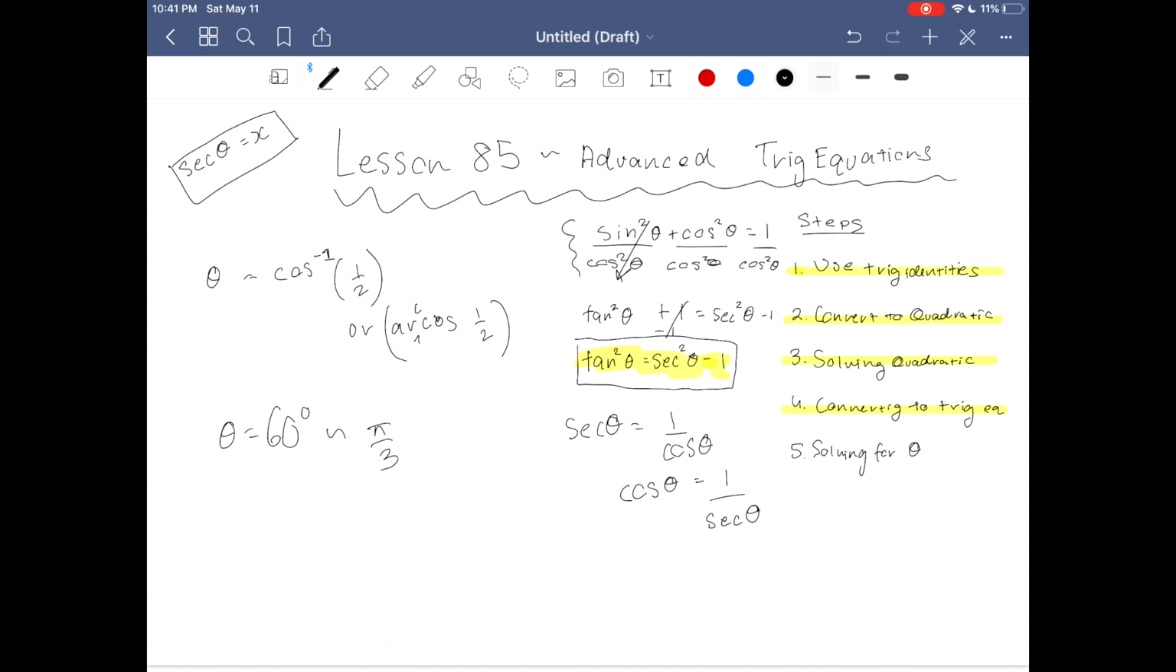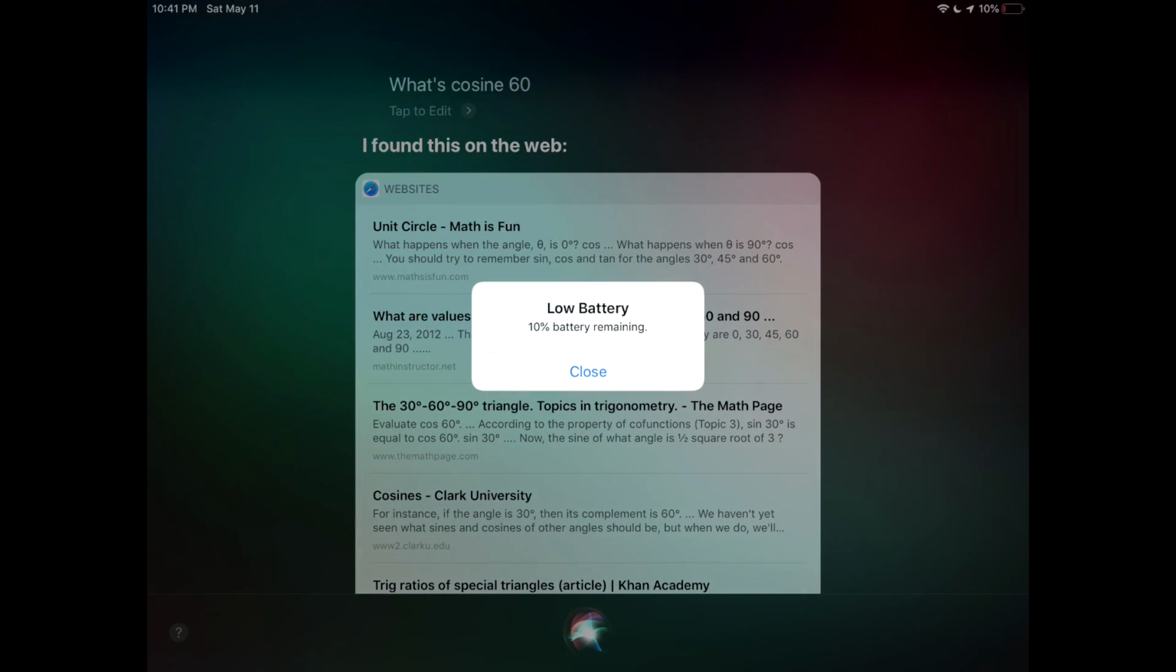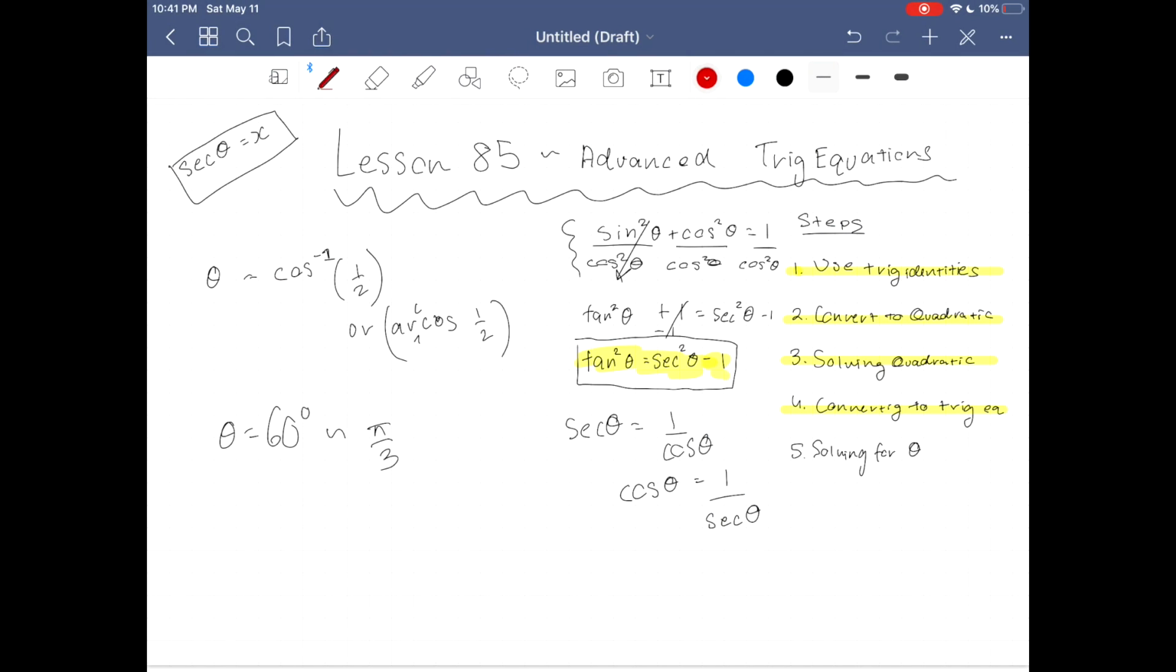And let's confirm with Siri. What's cosine 60? I found this on the web. Cosine 60 degrees. The answer is 1/2. And that is how you solve